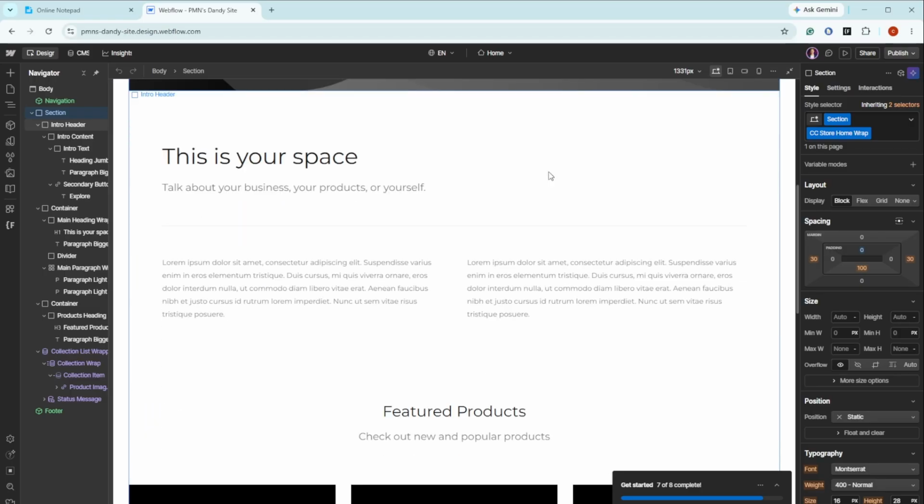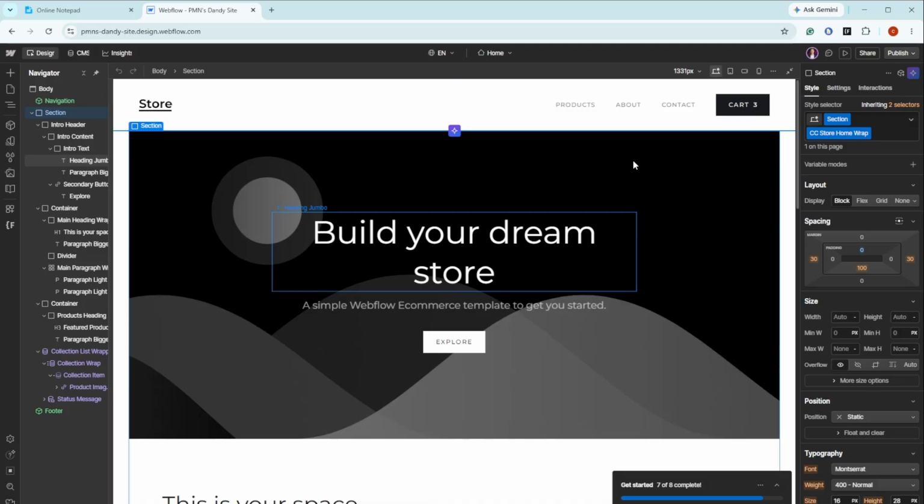After selecting the section, turn your focus to the Style panel, located on the right side of the Webflow interface. The Style panel is your main hub for customizing the appearance and layout of your elements. It's where you can make a wide range of CSS adjustments to tailor your site to your specific design needs. Within this panel, navigate to the Layout section, which is where we're going to make the necessary adjustments to hide